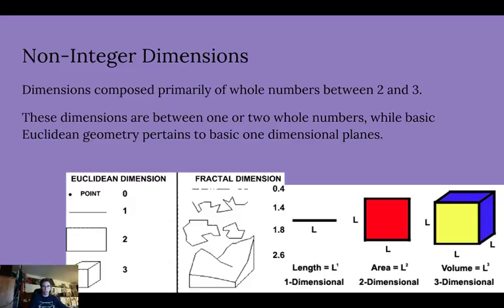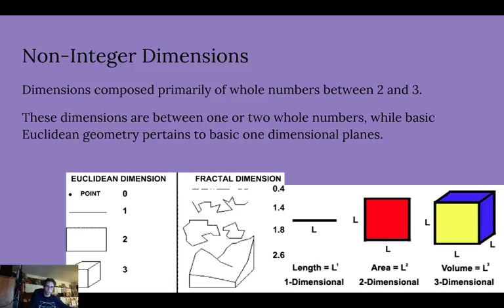And the second element is non-integer dimensions, which are dimensions composed primarily of numbers between whole numbers like 2 and 3, and they're also composed of numbers such as 0.4, 1.4, 1.8, and 2.6. So these dimensions are usually between two whole numbers. It doesn't have to be 2 or 3. So this breaks the laws of Euclidean geometry, which pertains to basic one-dimensional whole numbers and